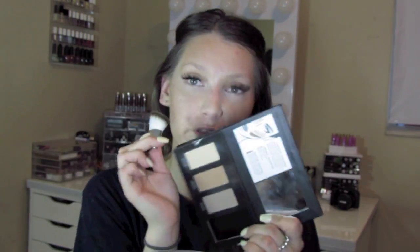And that's a weird thing too, because these two shades are for more medium to dark skin tones, but when you're pale like me, then I use a cool tone shade to contour with. But when you're normally more dark, you don't really use a cool tone, you just use more of a neutral one. But yeah, I'm gonna use this brush just because it came with it and I thought I would give it a fair shot. So